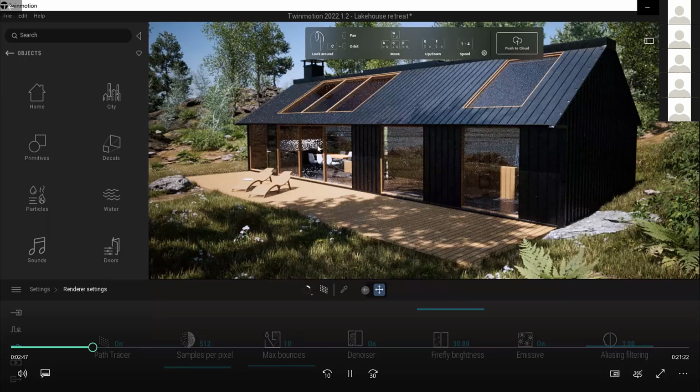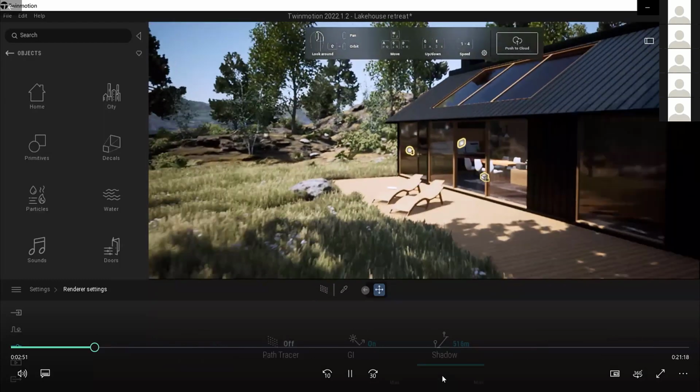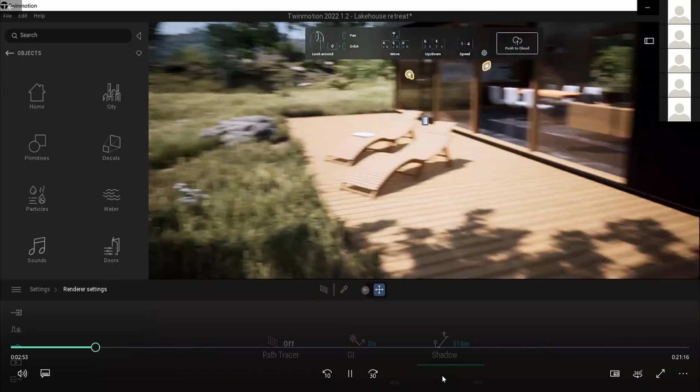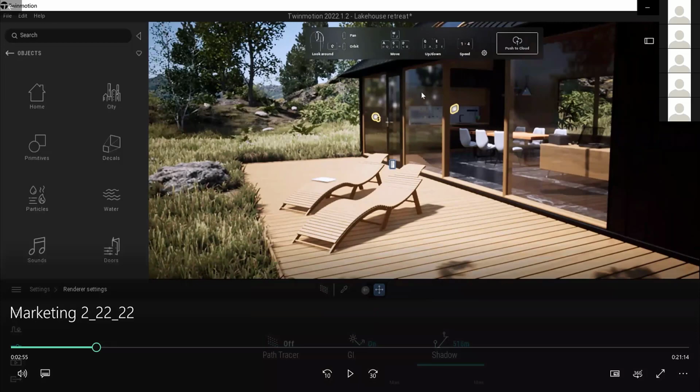But it is going to take a much longer time to process the image, and probably the results might be a little bit more crisp and not as fuzzy, but the denoiser does take care of a good amount of the noise that's created when you're running path tracer. I'll touch a little bit more on final render settings, but the next thing I want to talk about